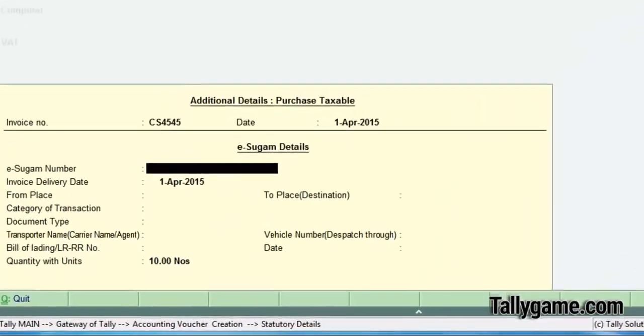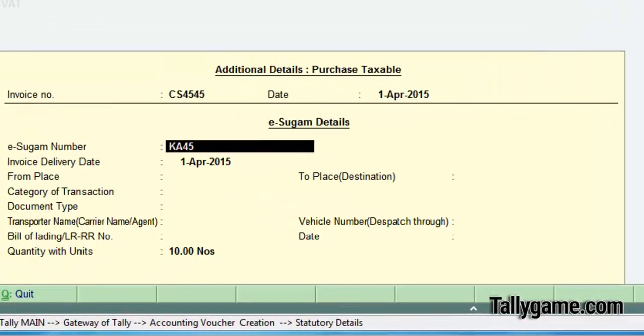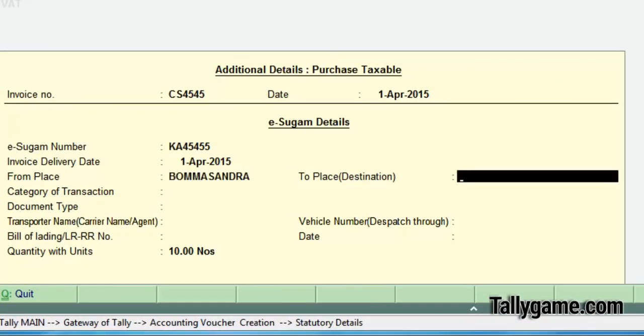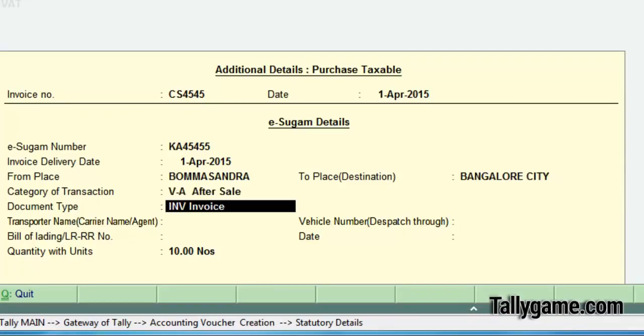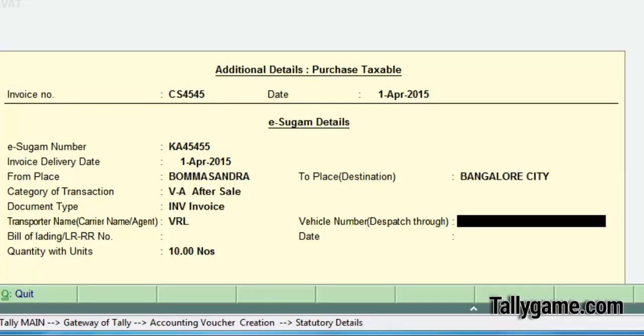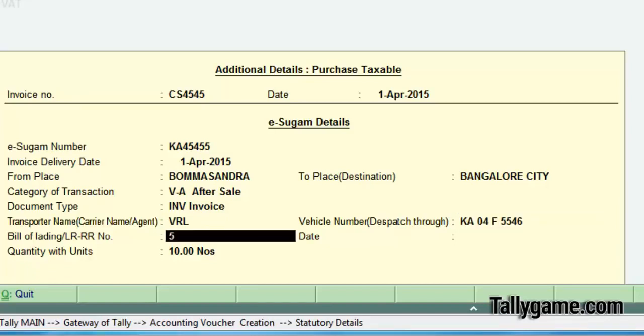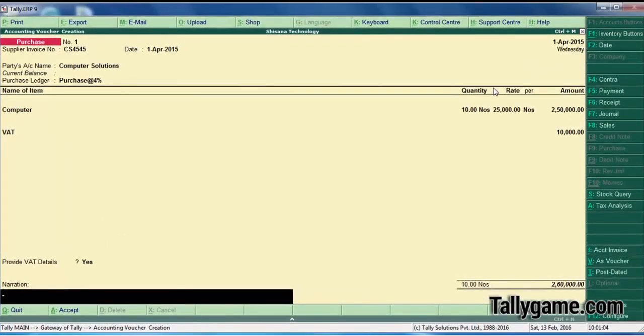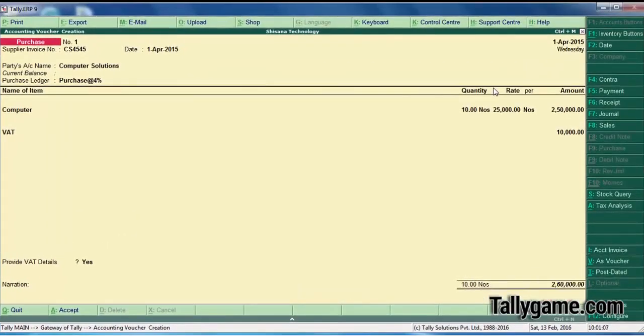In that screen you enter the GUM number, from place, to place, document type, transporter name, bill of lading number, date, and enter and save. So the purchase transaction is completed.